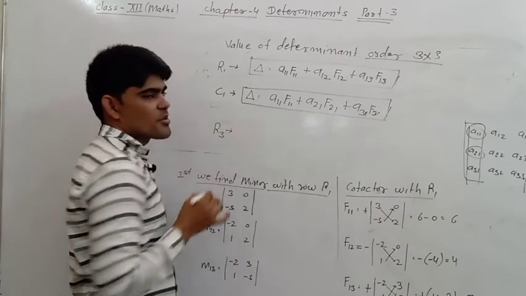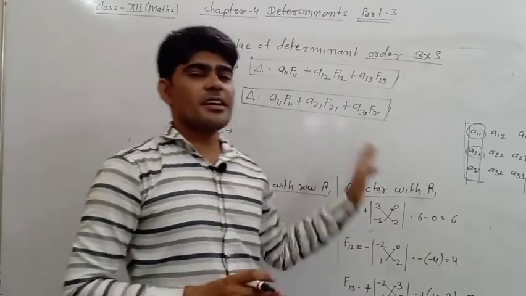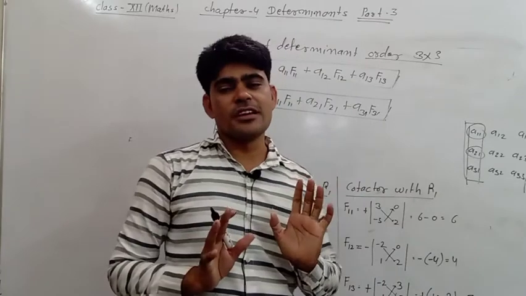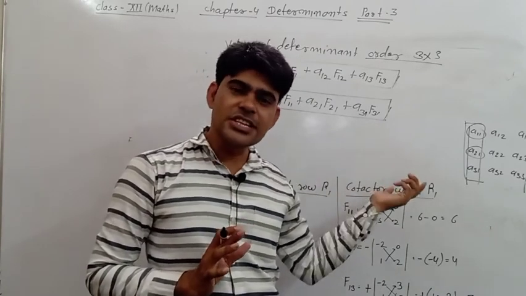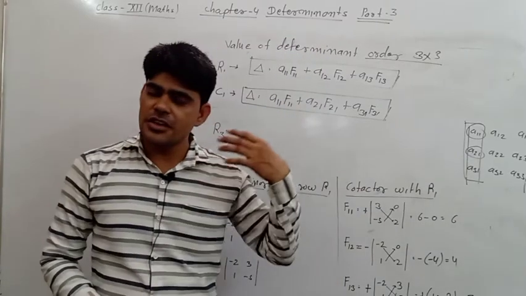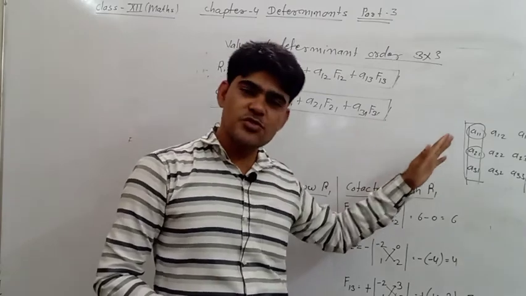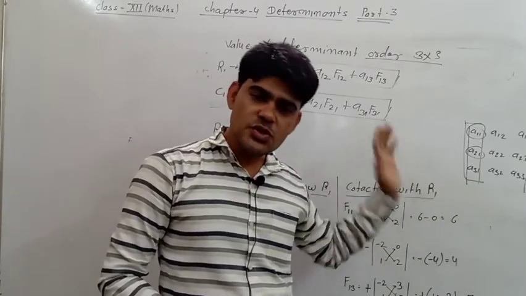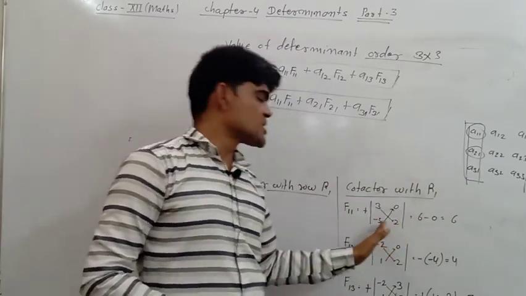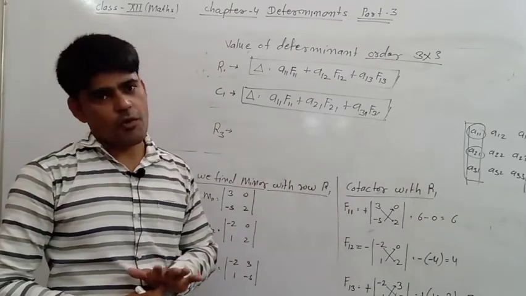R3 के रेस्पेक्ट में अपने को डिटरमिनेंट की वैल्यू फाइंड करनी है. मींस जितने भी फॉर्मूले में अप्लाई करेंगे वैल्यू अपने को सेम मिलेगी, क्योंकि डिटरमिनेंट की वैल्यू हमेशा फिक्स रहती है, कभी चेंज नहीं होती. चाहे किसी कॉलम से सोल्व कर लिया जाए, कभी किसी रो से सोल्व कर लिया जाए, बट मोस्ट ऑफ जहां पर अपने को मैक्सिमम जीरो मिलते हैं वहीं से हम सोल्व करते हैं. यहाँ हम डिस्कस कर रहे हैं कोफैक्टर और माइनर से रिलेटेड प्रॉब्लम से.